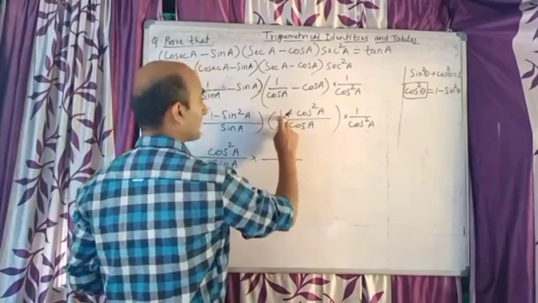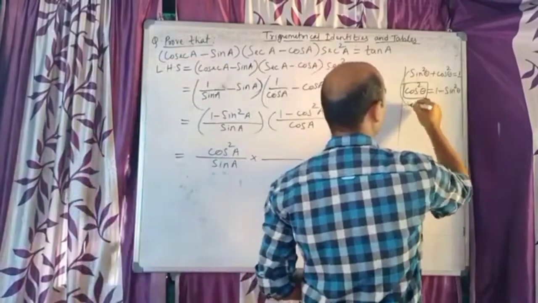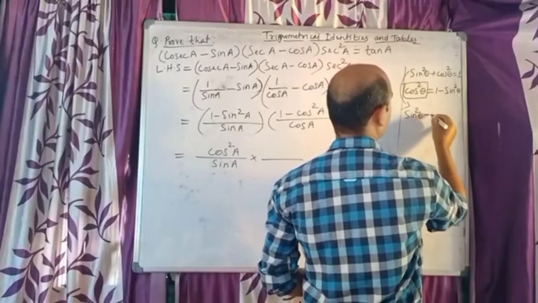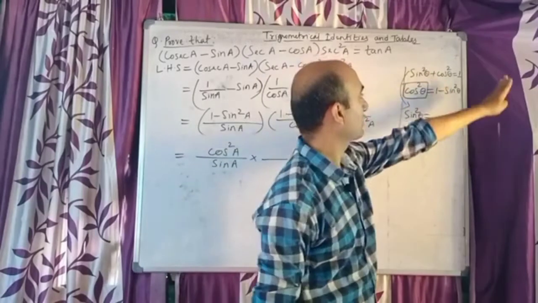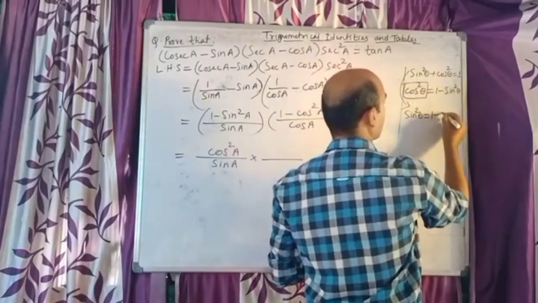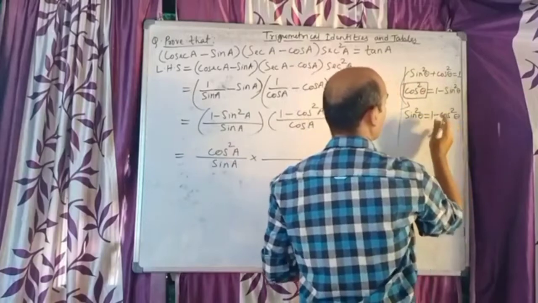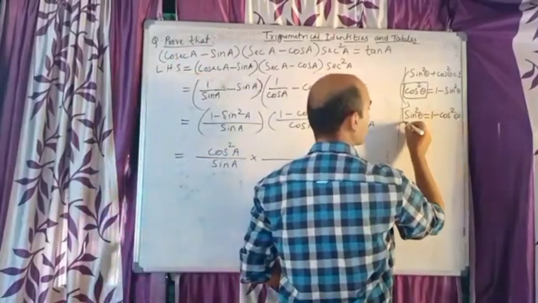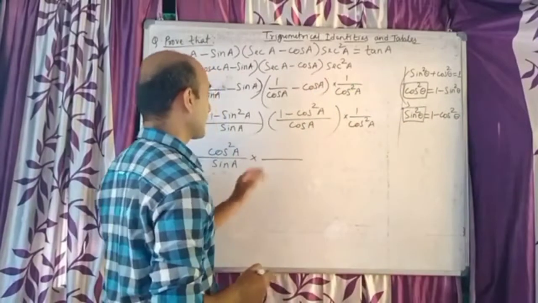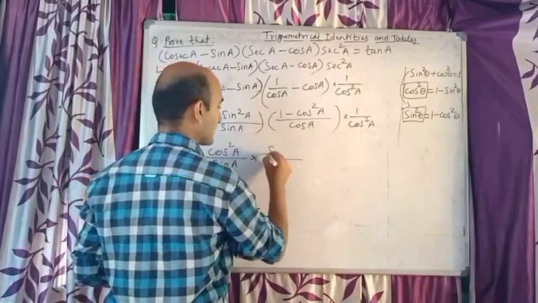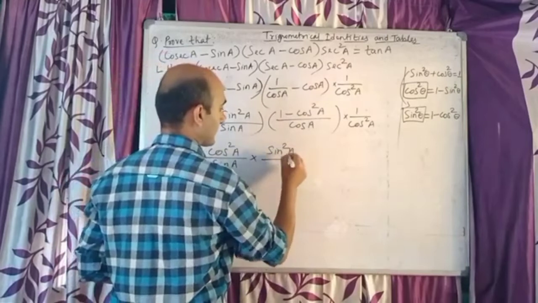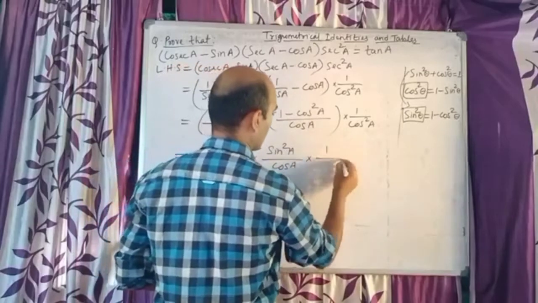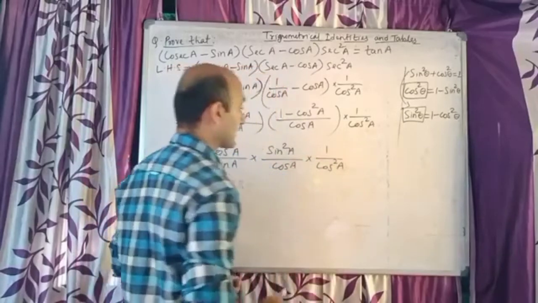Now same thing, 1 minus cos square a. Now from here only you try to make sine square theta alone. If you make sine square theta alone, cos square theta will go that side and it will become 1 minus cos square theta. So now you see children, same 1 minus cos square a, 1 minus cos square theta. Whose formula is this? Sine square theta. Same thing I will write, 1 minus cos square a is sine square a, by below is same cos a into 1 minus cos square a.